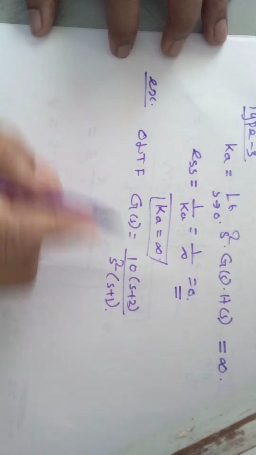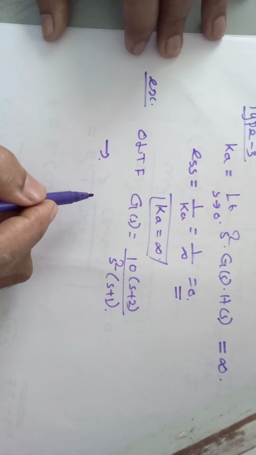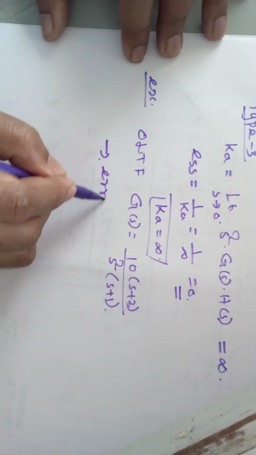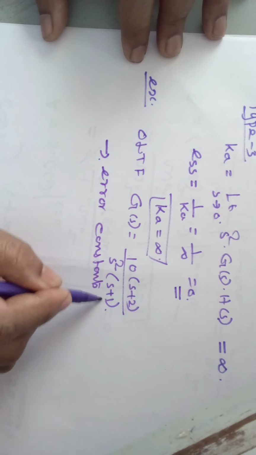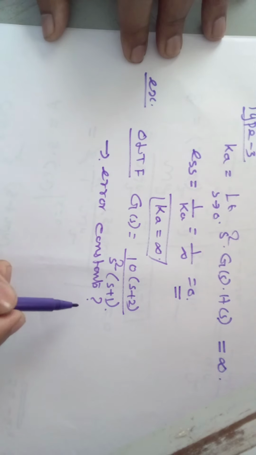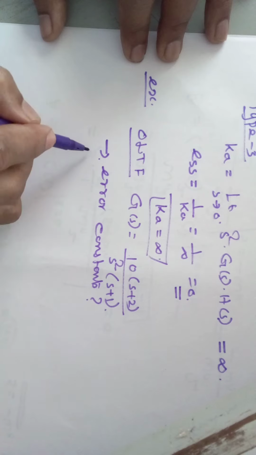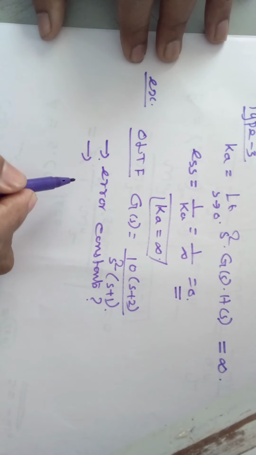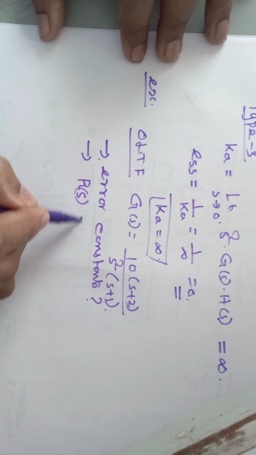Here in this case you need to find the position, velocity and acceleration error constants, the different error constants. They have given the open loop transfer function of a unity feedback system, and also you need to calculate the steady state error when the input R of s equal to